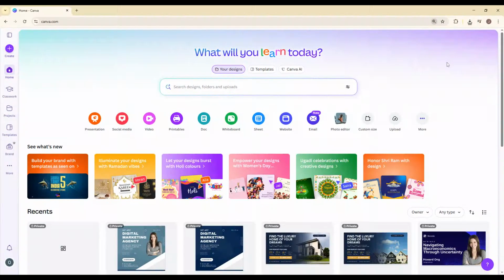In today's video, I'm going to show you exactly how to make custom frames in Canva step by step. If you've ever wanted unique shapes for your photos, creative cutouts for social media posts, or custom image placeholders that stand out from the default options, this is going to be perfect for you. The best part is, you can do this directly inside Canva using a built-in app, and it only takes a